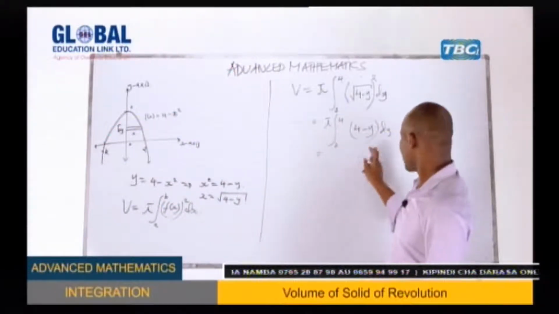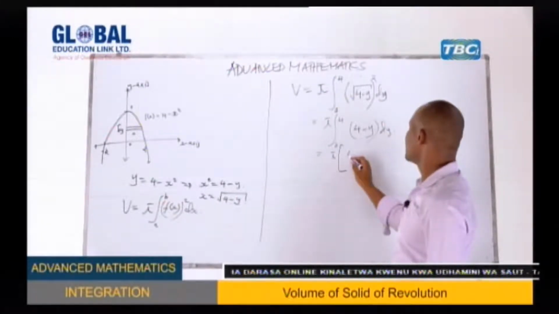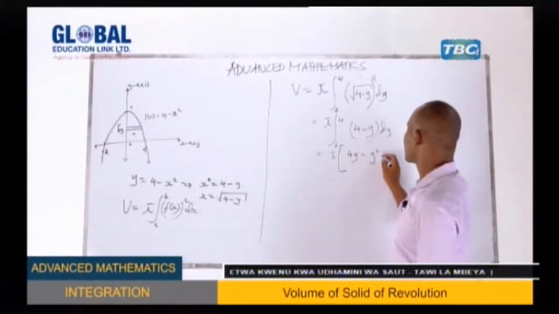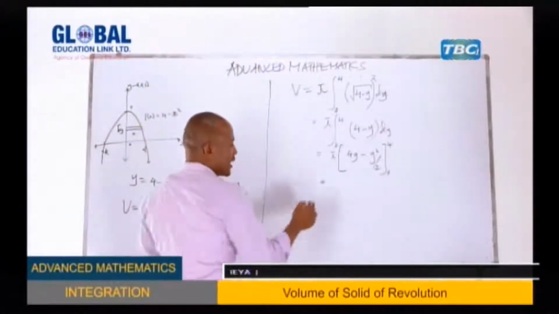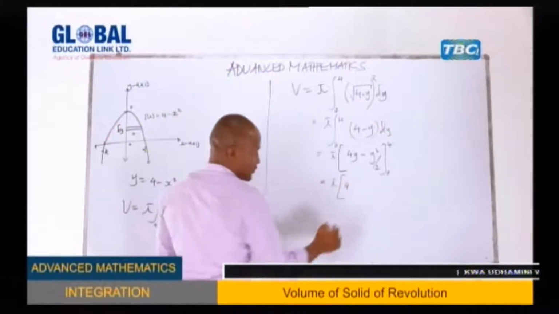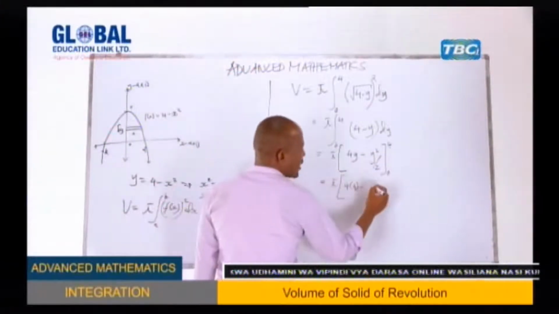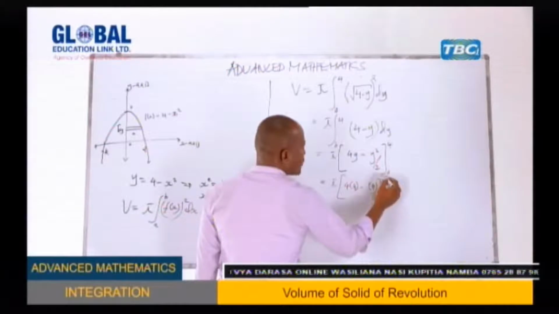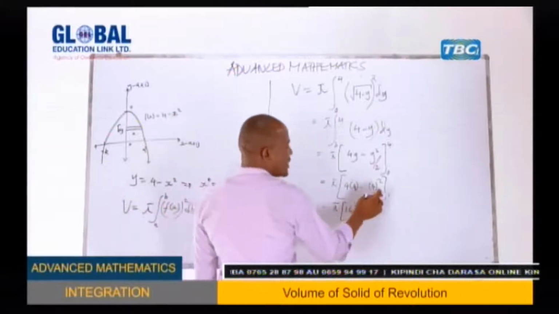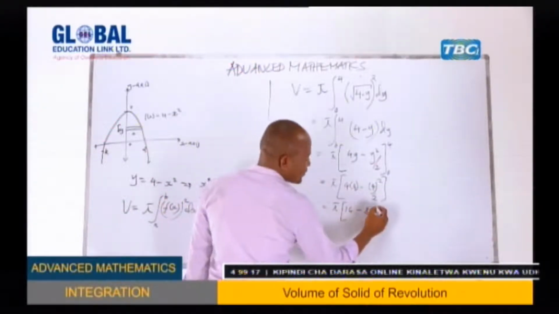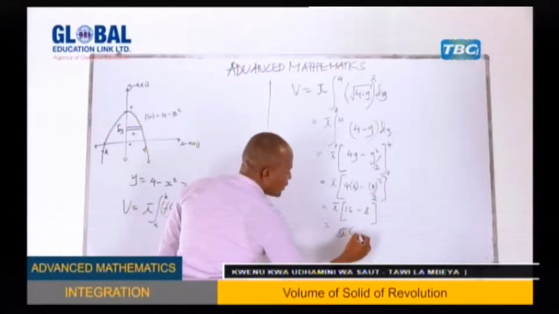Now let's see. If you try to integrate that, it's pi. Inside the bracket, it will be 4y minus y squared over 2, from 0 to 4. And how will it look again? It will be pi times 4 times 4 minus 4 squared over 2. That is to say, we have pi times 16 minus 16 divided by 2, which is 8. If you subtract that, it will be 8 pi cubic